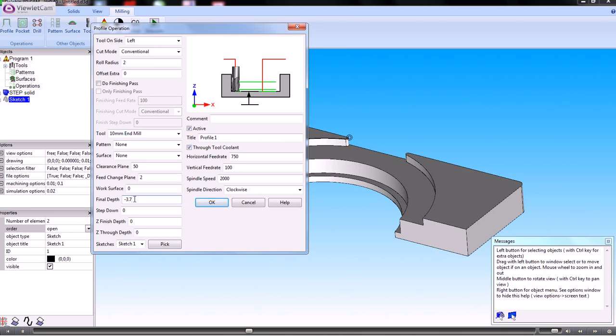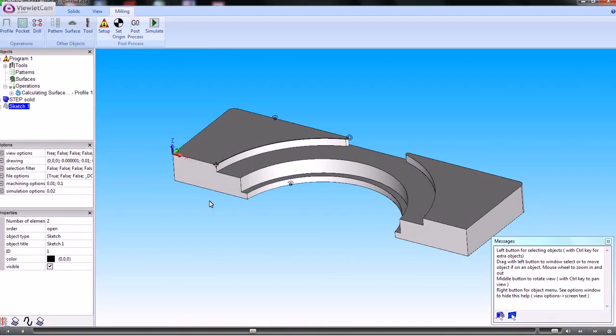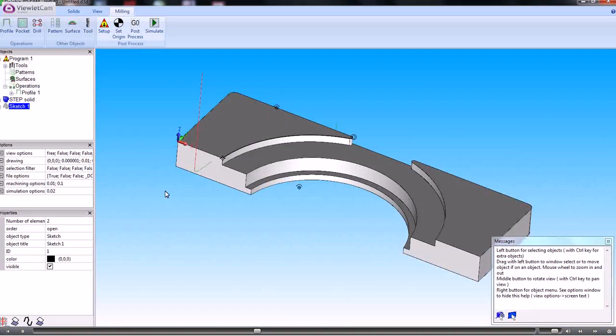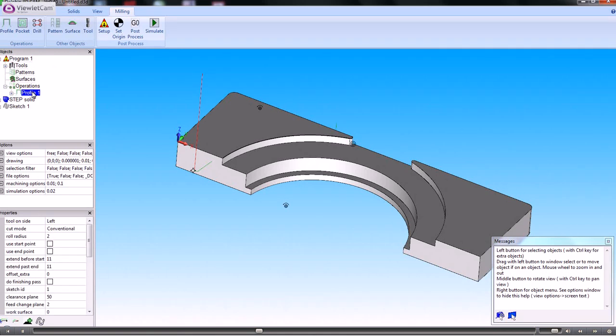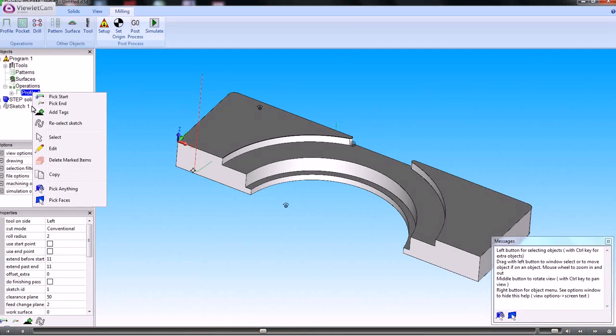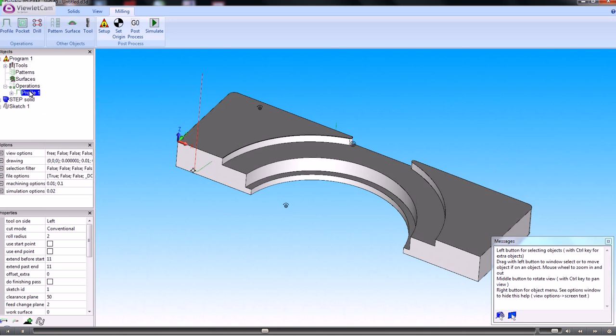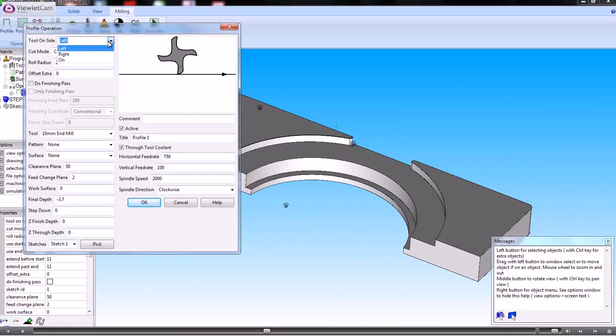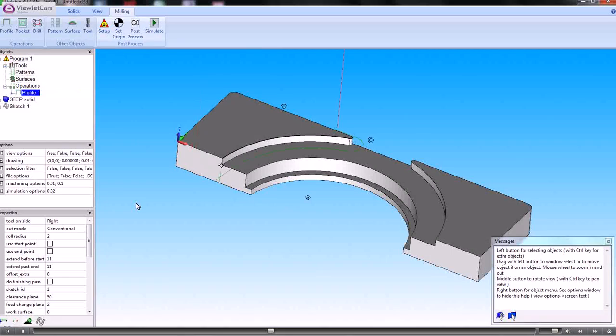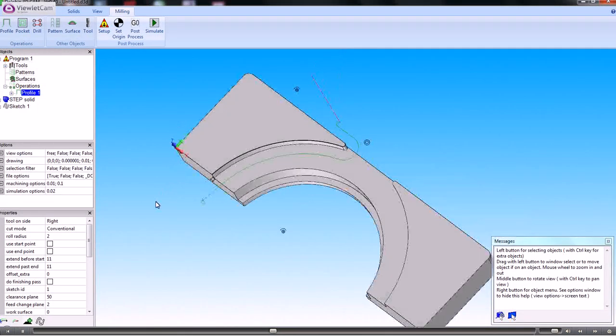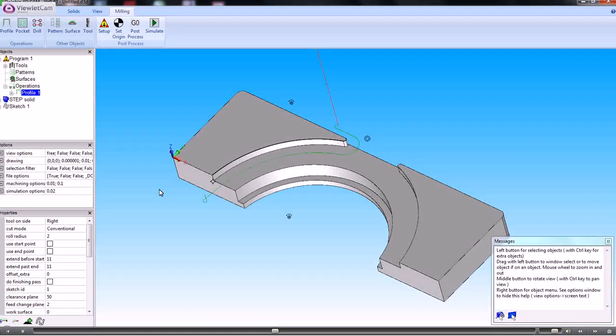Okay, so we click OK, and that's created the toolpath. Now as you can see, it's on the wrong side, so if we highlight the operation here and just double click that, then you can change the offset to left or right. The other thing that you can do with it is the roll option will create a small radius as it approaches and leaves the job,